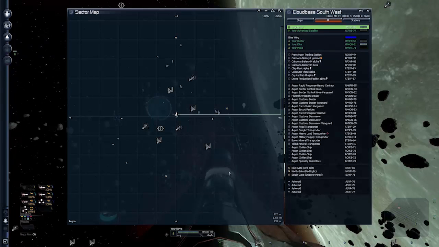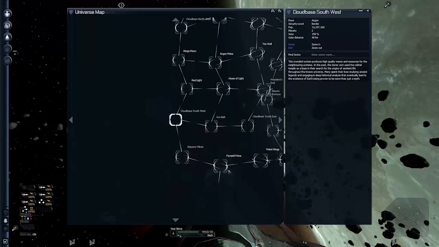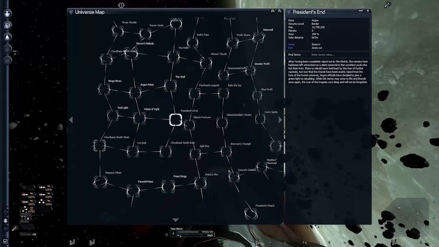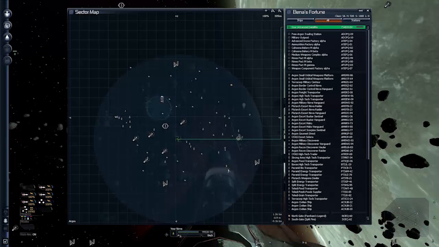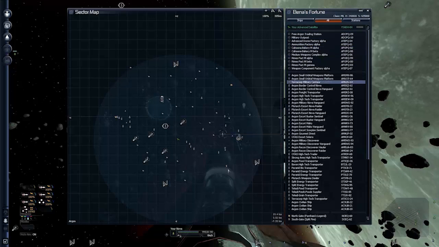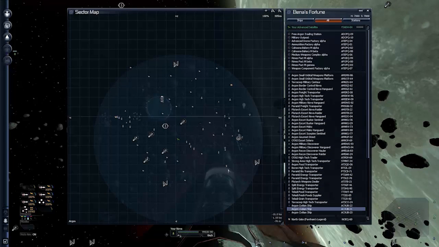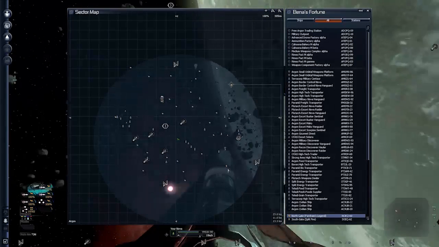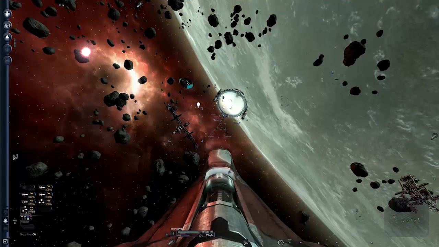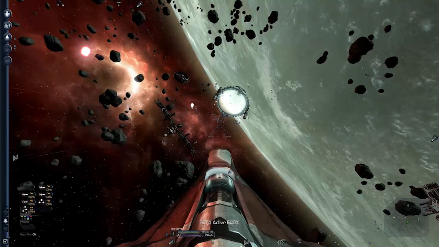But it would be very cool if I could find some pirates and show you fighting. So I'll fly over to, let's have a look, Eleanor's Fortune. That's a pirate sector, I think, and Farnham's Legend. Let's go there. So while we're traveling over there,